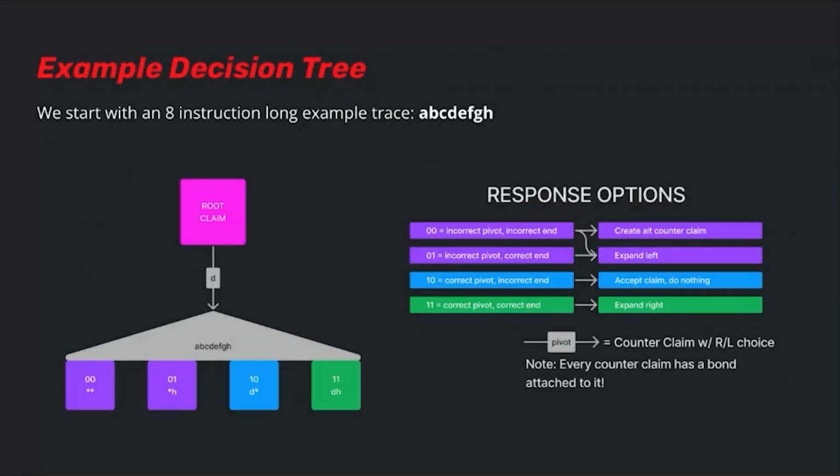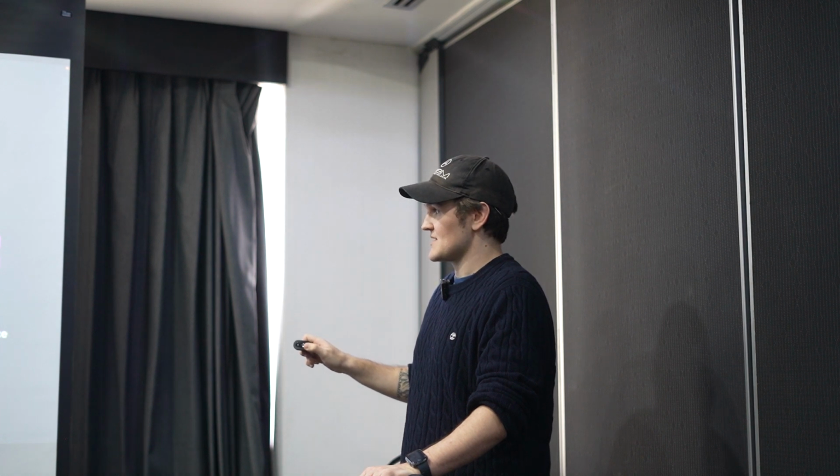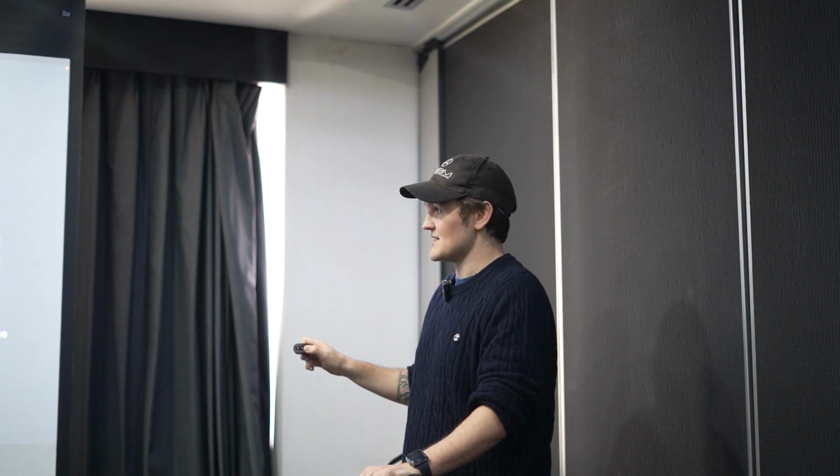So we can take this logic and expand it out into what the decision tree would look like for a short execution trace. Remember we have that step function, which basically just goes forward through the letters of the alphabet. So we have this execution trace, which is just A, B, C, D, E, F, G, H. If you have a root claim, the first thing that's going to happen is that somebody is going to supply the first pivot at D. Remember, that's always the first opening move. You attack left. We have rounded down division, so D is the midway point here, and that's why we supply it against the root claim.